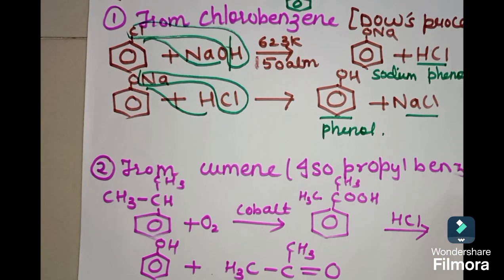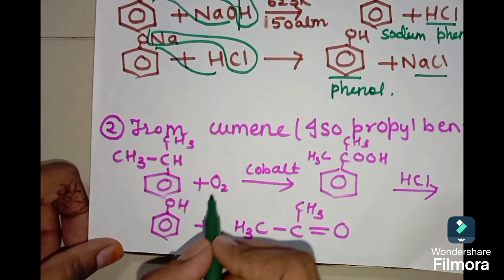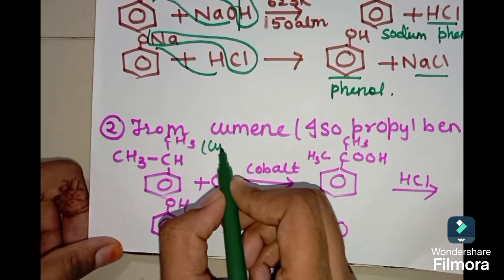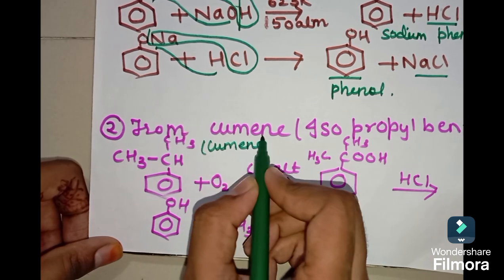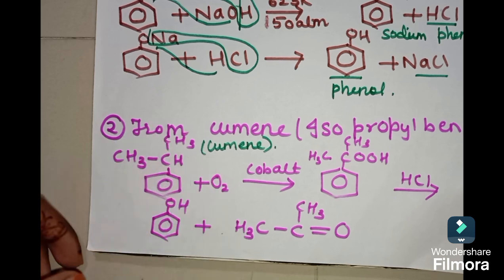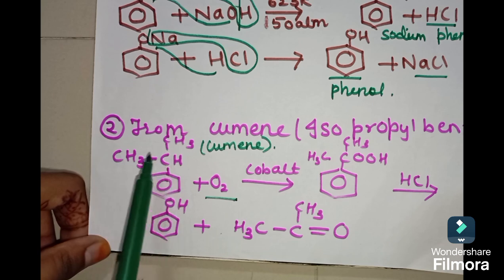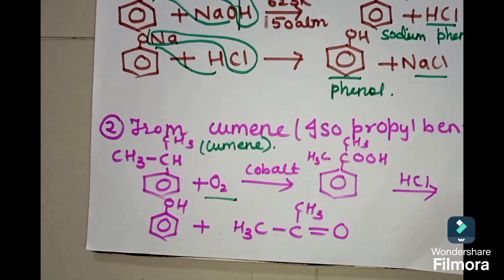Now students, we are going to prepare our phenol from cumene, and I have told you earlier what is cumene. It is isopropyl benzene. So here I have written this isopropyl benzene. Remember the structure of cumene as it comes for 1 or 2 marks. Now here we are going to take cumene and react it with oxygen. Since oxygen is getting added to the organic compound, this reaction is also called oxidation.